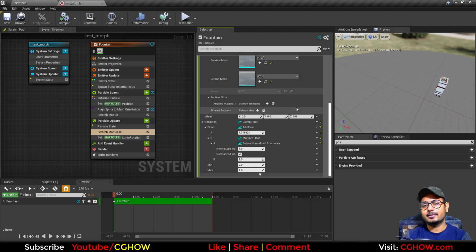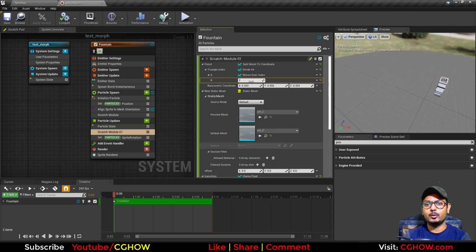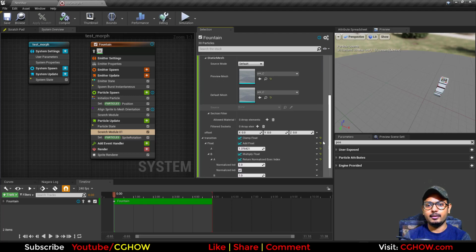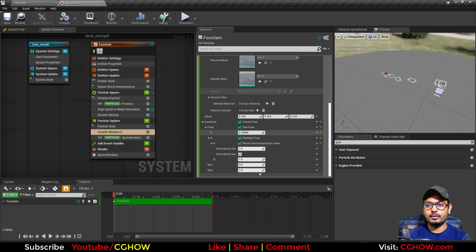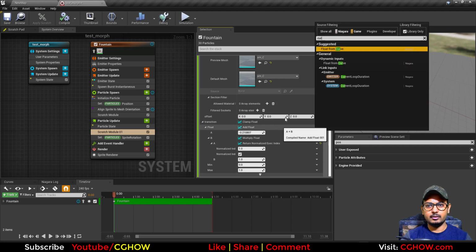So this is tricky. I had to divide my triangles of mesh by 2, and then these are the values that work. So this is tricky. You can, so value is 1 to 0. Let's make this curve again,